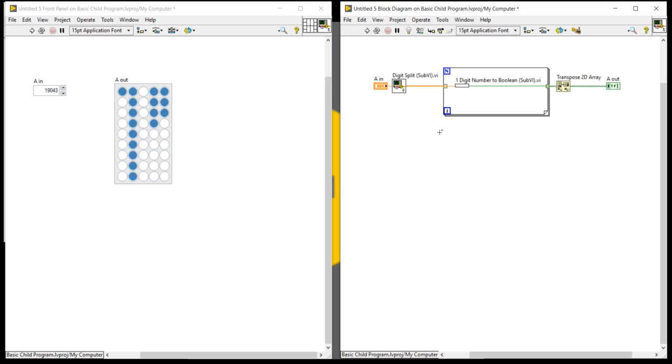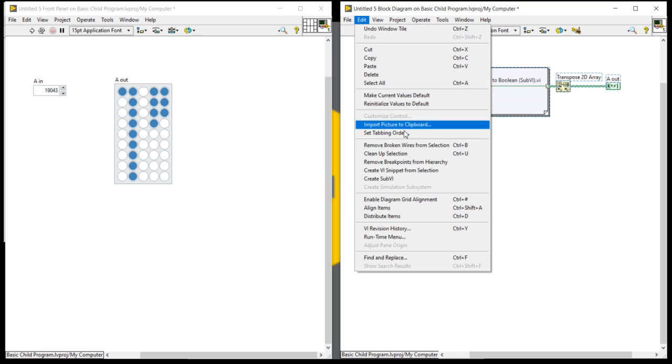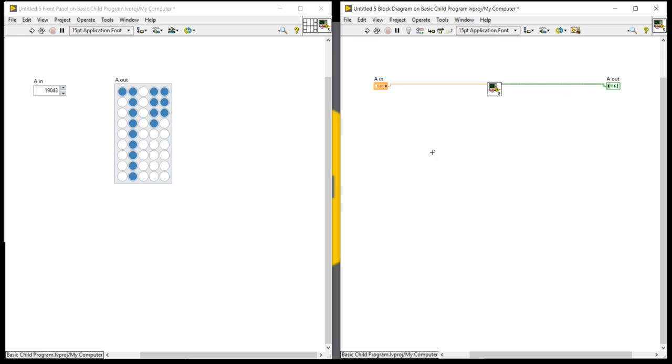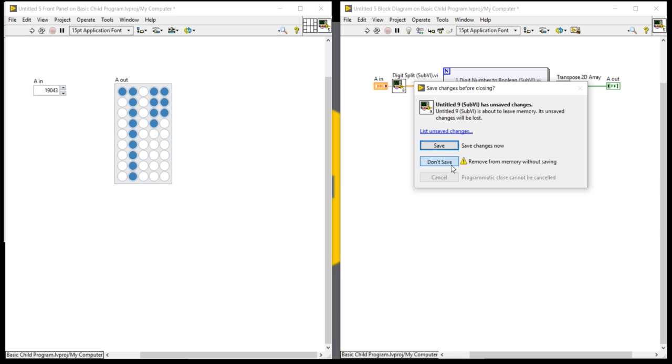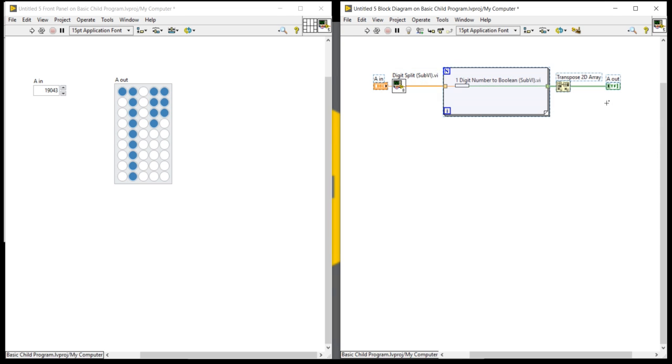Okay. So here I am going to convert it into the sub VI. Copy first and paste here.